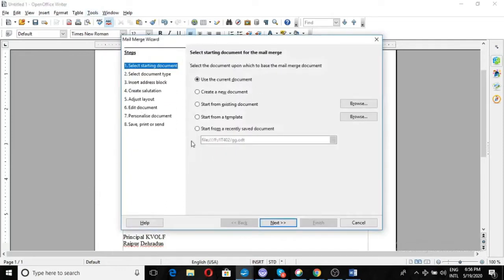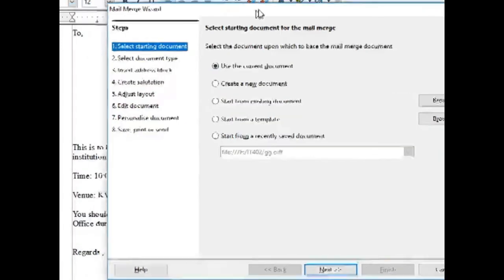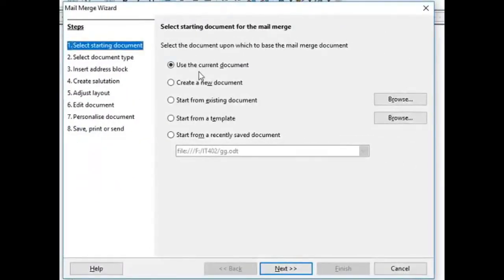A dialog box opens. It is giving you many steps. These are the steps which will be followed for creating a mail merge. As I already told you, you don't have to worry for anything. You have to just keep on selecting the steps one by one. So first step says that you should create your main document. If you have created the main document as before, as we have done, then we will select the use current document. If you haven't, you can select the option create a new document.